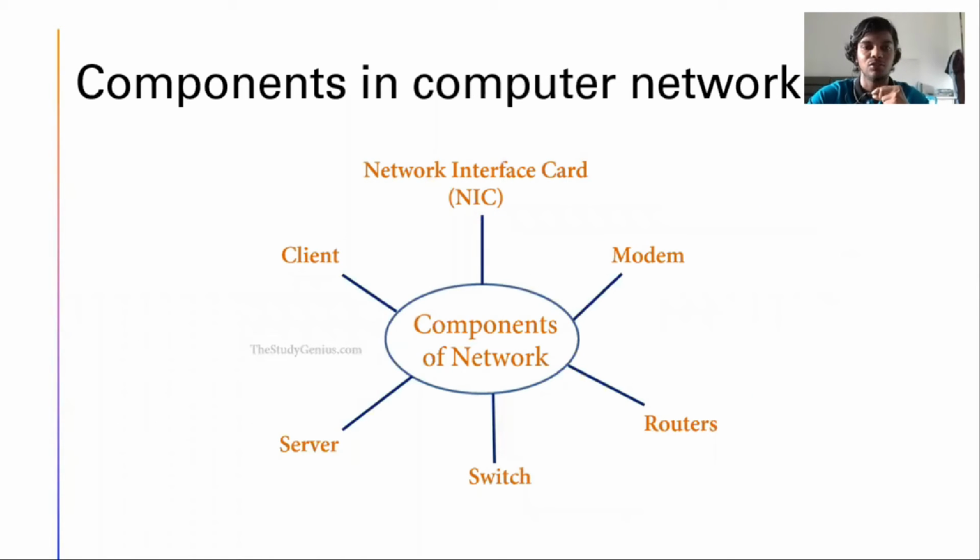And next is the components in computer network. First is the network interface card. The NIC is a hardware component used to connect a computer with another computer in a network. Next is a modem. A modem is a hardware device that allows a computer to connect to the internet over the existing